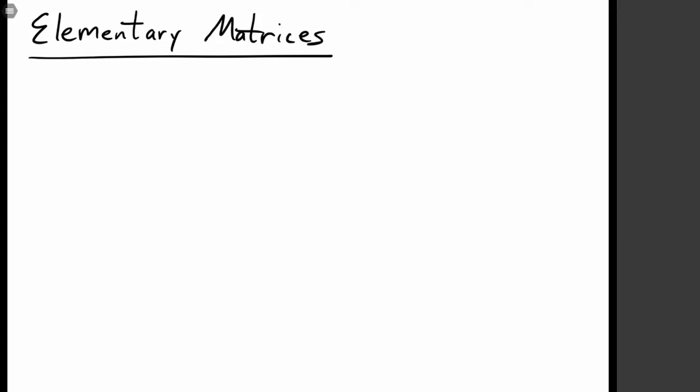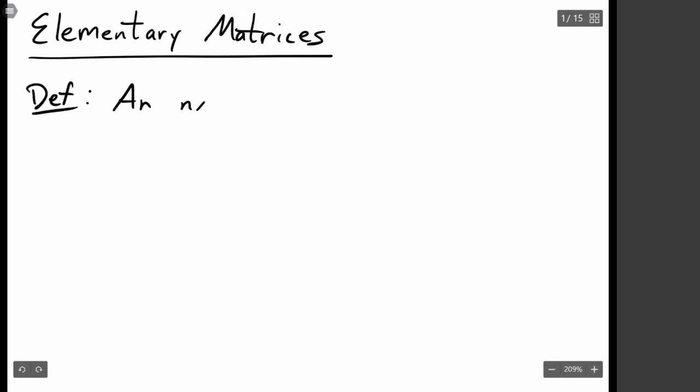An important type of matrix we can talk about is what's called an elementary matrix. What this represents is a matrix that, when we multiply it onto another matrix, does one of our row operations for us. So the actual definition here of an elementary matrix, we would say an n by n